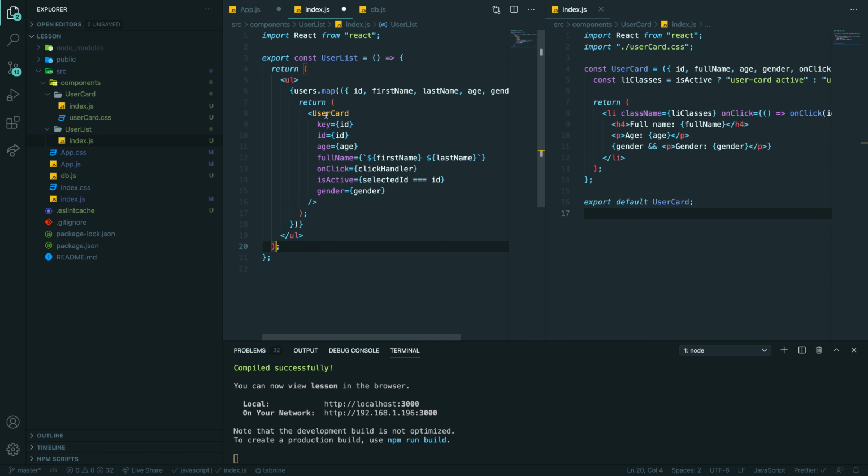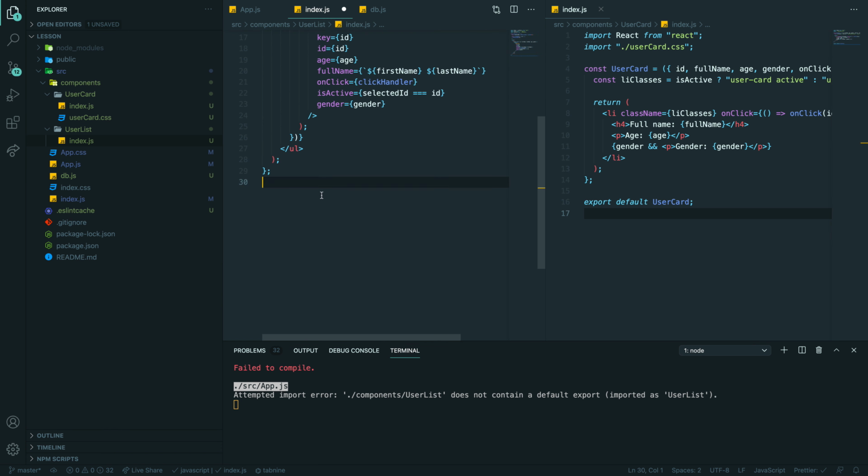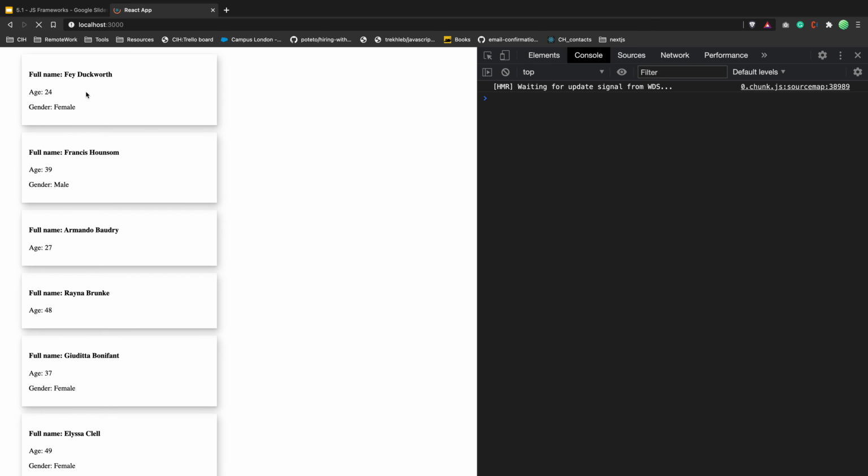Just this, right? One component. It's showing me an error that I need to export a default. So const here that will export default user list. Yeah. So we just refactor basically. Let's try. Yeah, still the same.